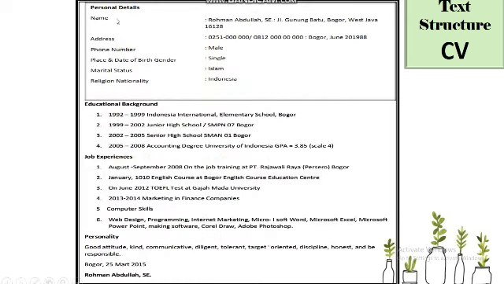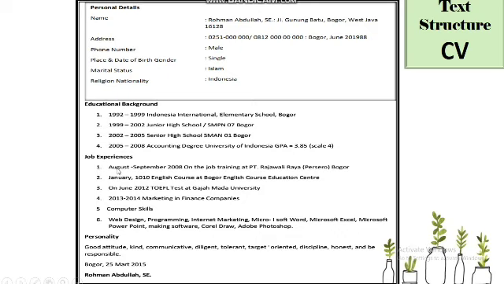Oke, next ini adalah contoh CV. Personal details: name, address, phone number, place and date of birth, gender, marital status, kemudian religion, nationality, kemudian education background, job experience. Nah, di job experience biasanya kalau lulusan SMK ini masih belum mempunyai job experience, kalian bisa menuliskan job experience itu